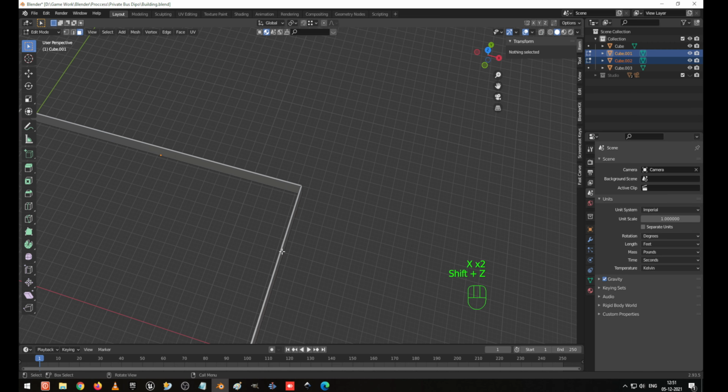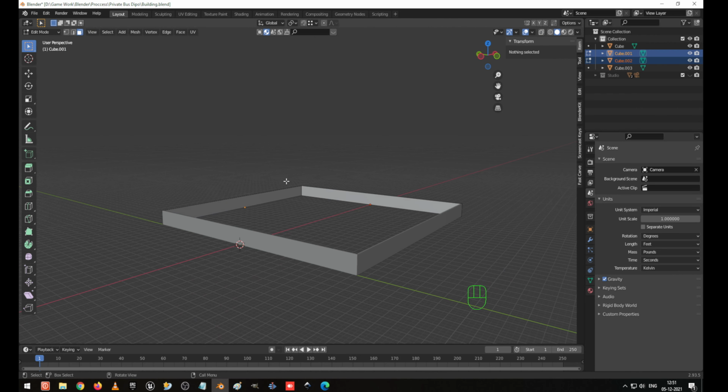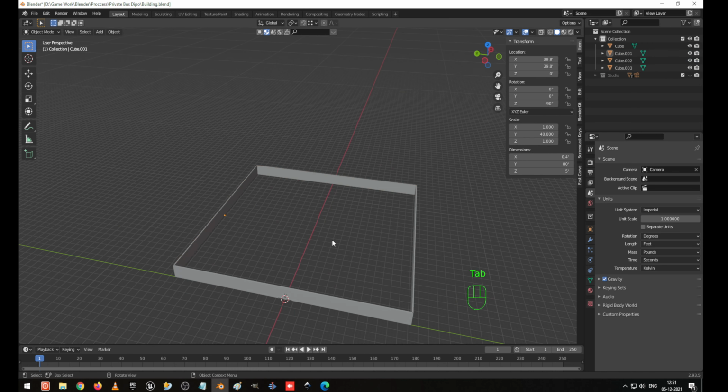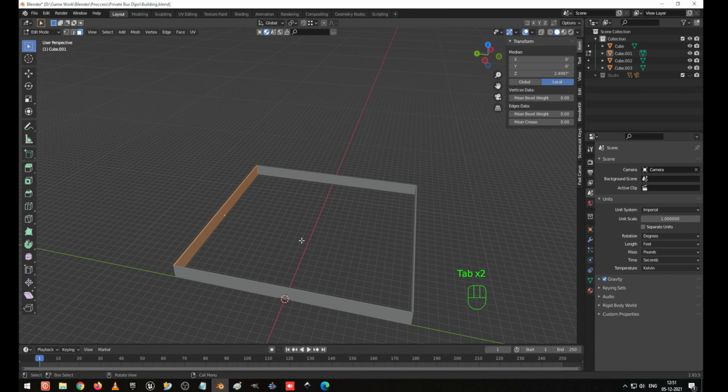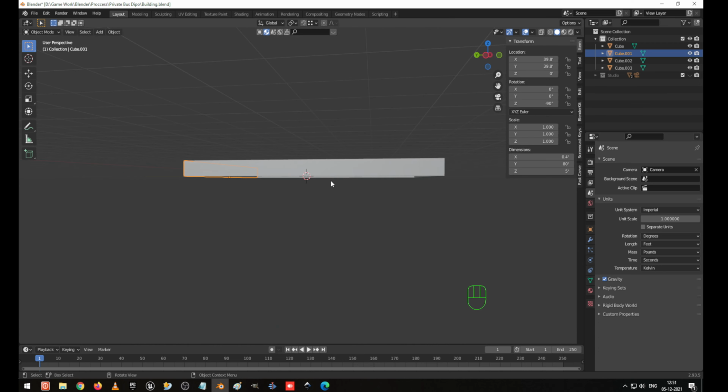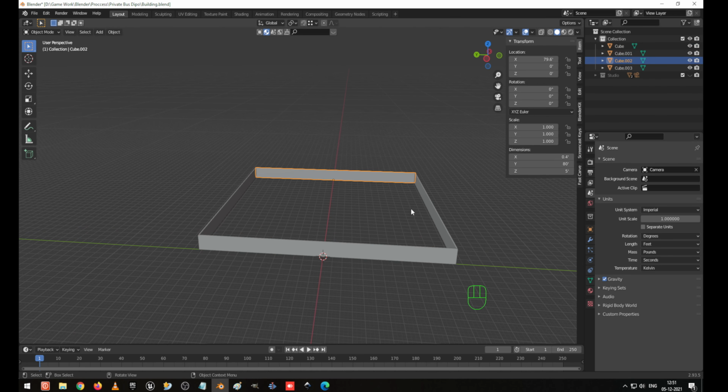So I have done the same. So now our corner has been made ready. So this is the common wall for the bus depot. Here I'm going to join everything as a single mesh. Select everything, press Ctrl A to apply the scale. Okay, now each object has its own orientation, which is the same perfectly. I select everything pressing the A key and press Ctrl J to join.